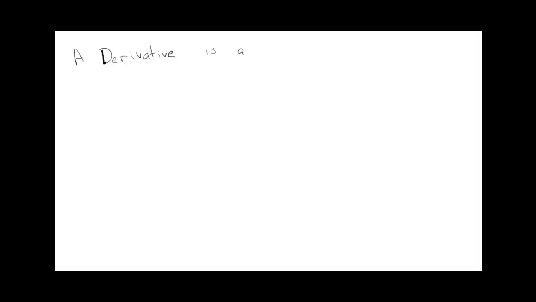The derivative, we'll say, of a function f is a new function, is another function. And we write this one f prime, defined by